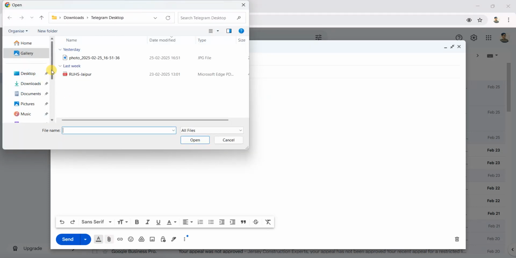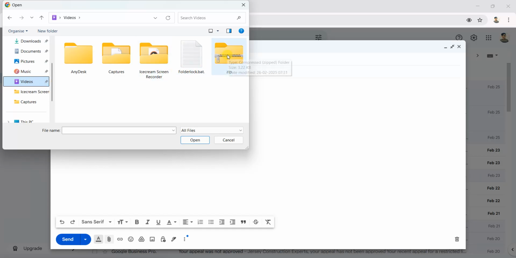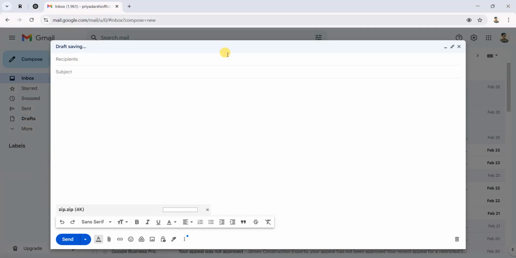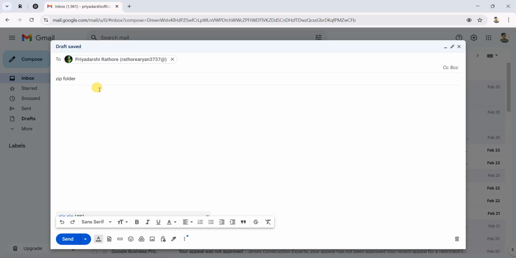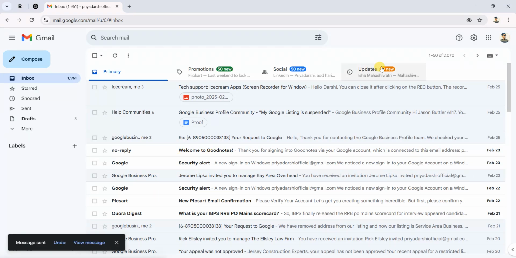Now go to the folder and select the folder as I saved here. Okay, this is the folder. Now select this and I will say folder. Put the recipient here and click on send. So guys, this was an easy tutorial on how to send any folder